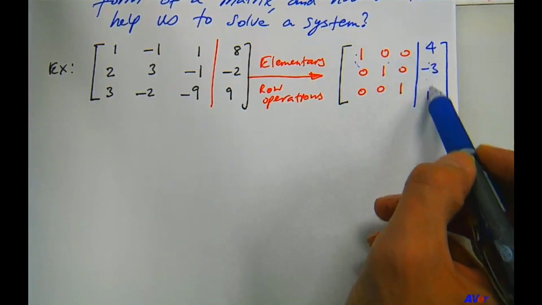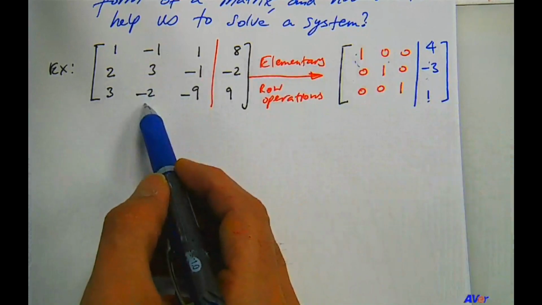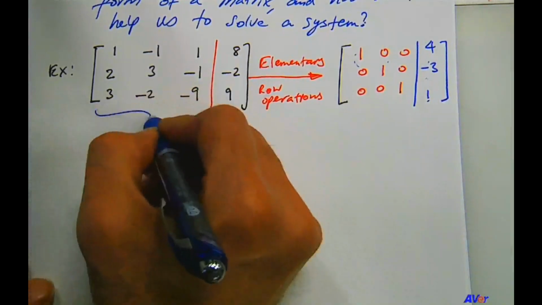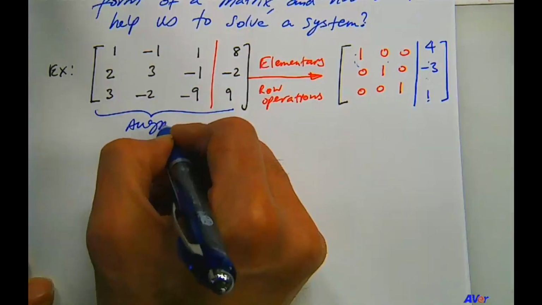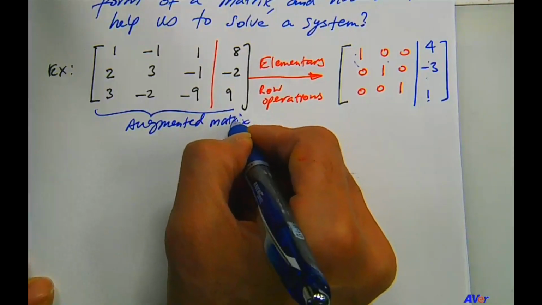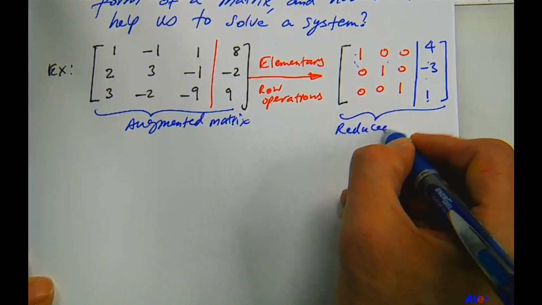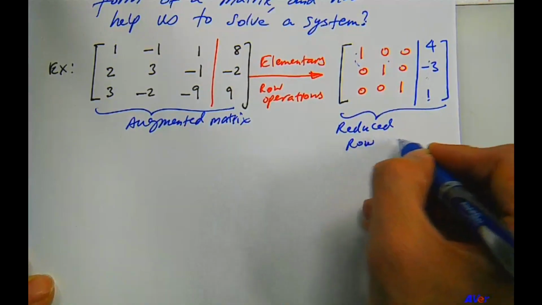These are actually the solutions of the system. But once we get the augmented matrix to this point, so this is our augmented matrix, and this is our reduced row echelon